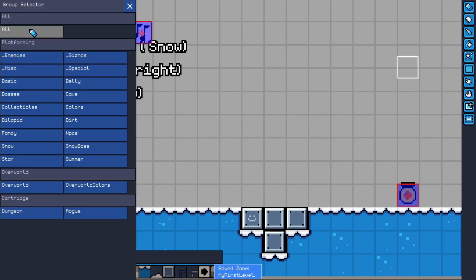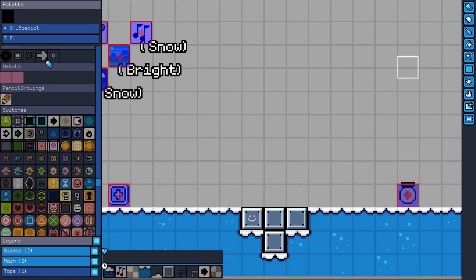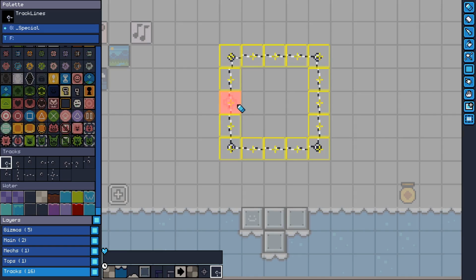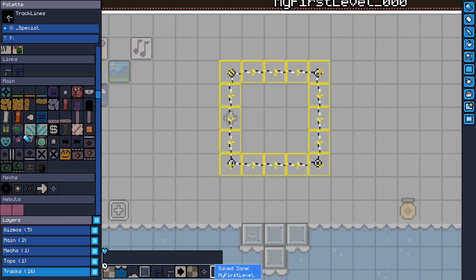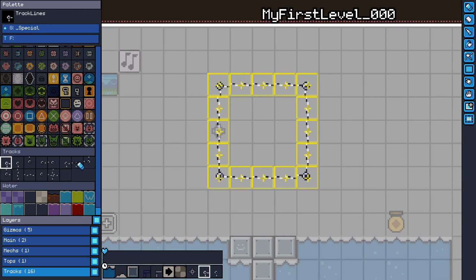So keep that in mind. Next, I can go over tracks and trains. So yeah, let's build a train and some tracks. And this is another tile that will automatically change its art based off of what's next to it. So you may notice there's track lines and there's track lines individual. These are the automatic ones, and they'll change automatically, but these ones you have to place by hand,